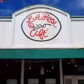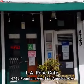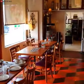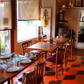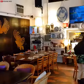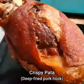Masarap. Okay, so we're gonna enjoy some Filipino cuisine from this restaurant called L.A. Rose Cafe. It is located in Hollywood, Los Angeles. I love this restaurant. They serve a lot of authentic Filipino dishes. And it's amazing that they started off as a small breakfast stand and they slowly expanded, and they have been here since 1982. Yeah, so for today I got us their crispy pata, which is seasoned crispy fried pork hock,